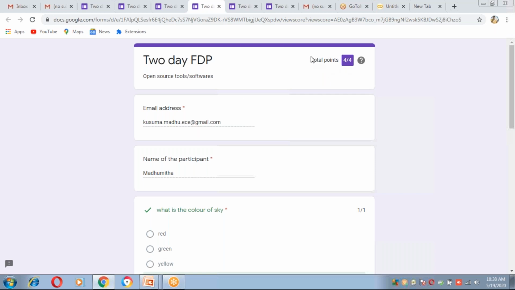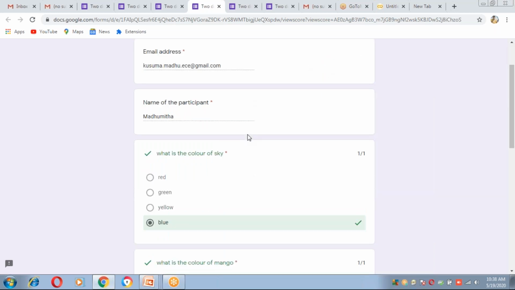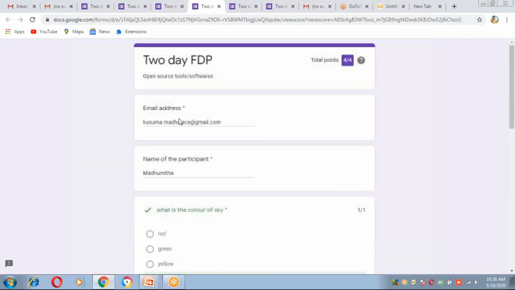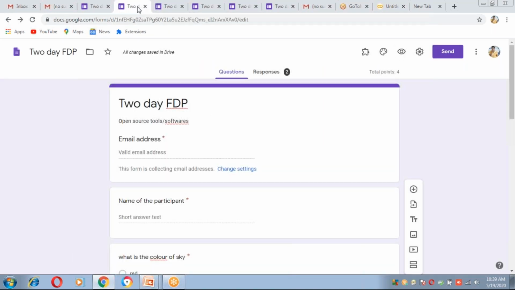Okay, so this is the Google quiz. See here, now coming to this button, till now we have created the Google form, and likewise from the spreadsheet we can get all the responses.